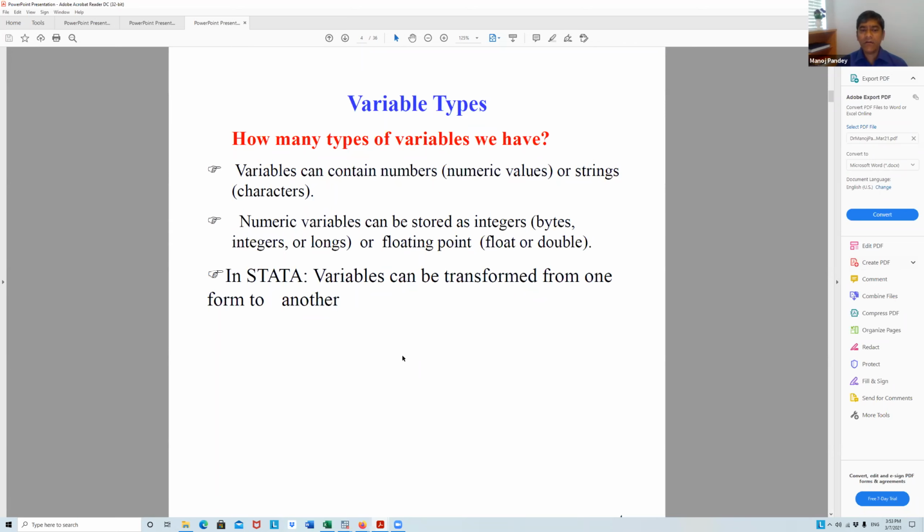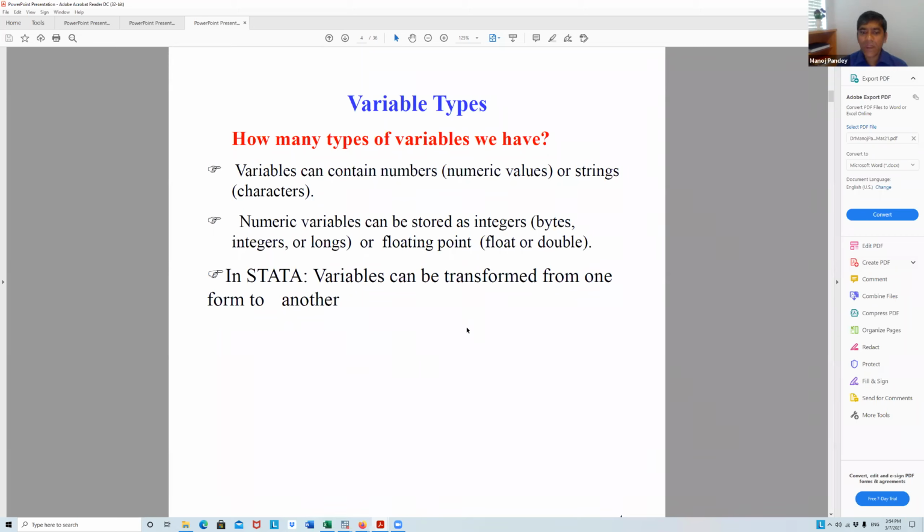So in Stata, variables can be transformed from one to another. Now, I'm not going to teach you what bytes are, what integers are. Integers, everyone knows. What are longs, what is float, what is double. So please work on that and you will see it. But Stata can actually store your numeric variables in these different forms.